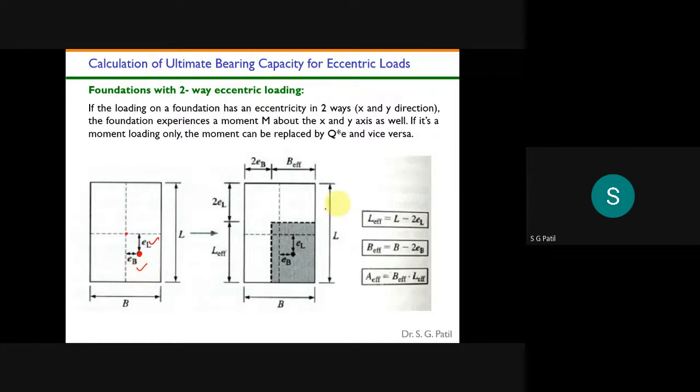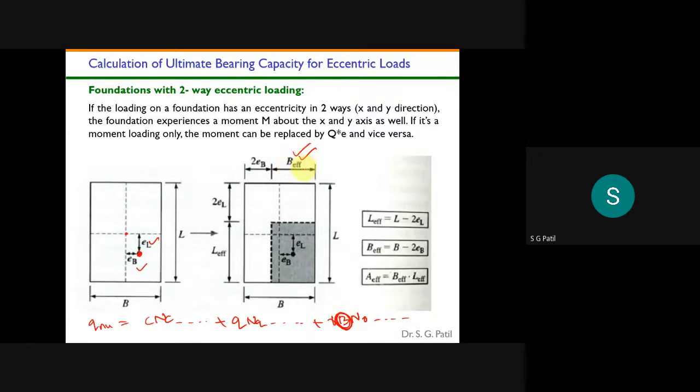Then what you have to do, in that bearing capacity equation that I wrote earlier, that is Q ultimate equal to that big equation, that c Nc dash plus q Nq plus gamma B N gamma and some shape factors. Okay, so you see, in this breadth direction, this B will become B effective. Okay, so you can't take total B here. Now you have to take here in this equation the reduced B.